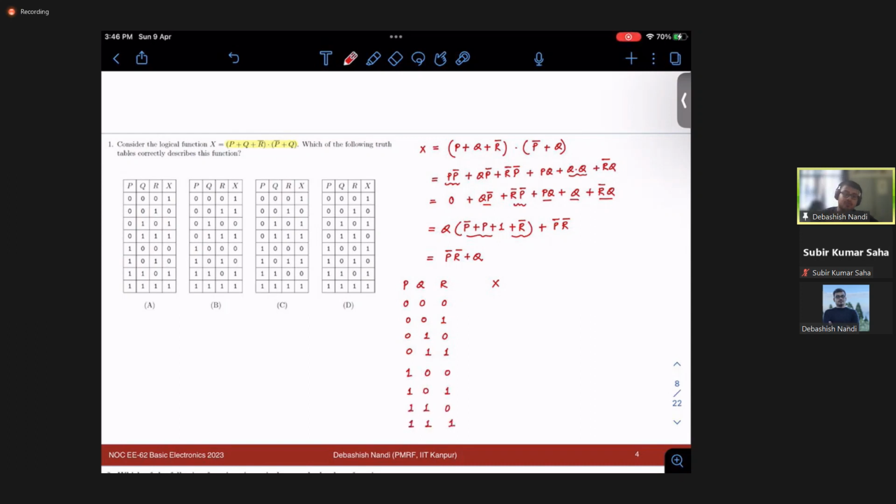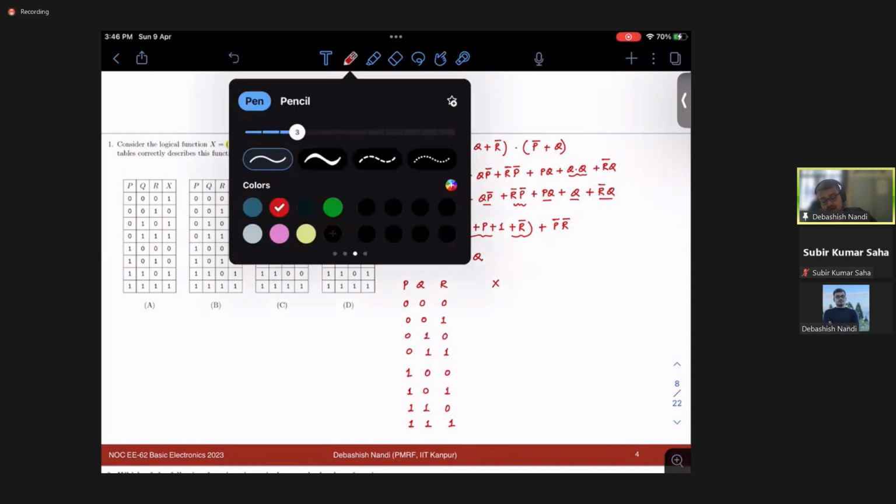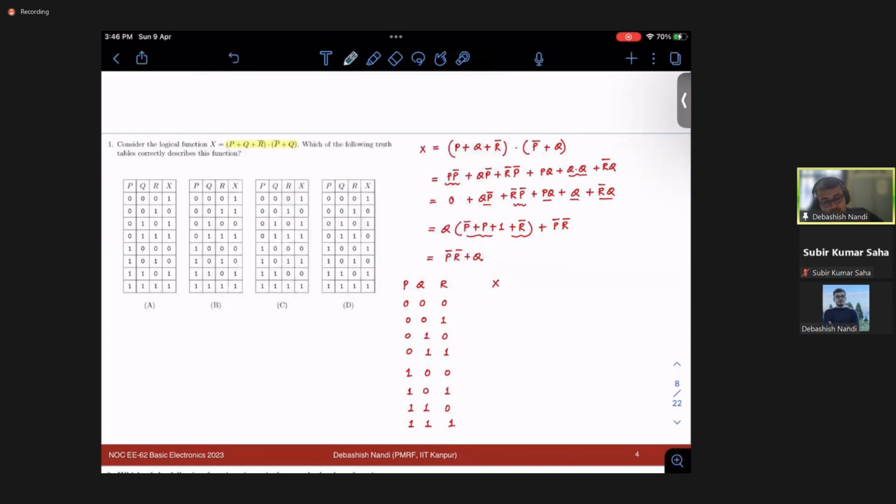I am assuming that you are able to write any number of inputs in this kind of tabular form. This is nothing but your binary numbers, 0, 1, 2, 3, 4, 5, 6, 7. 8 combinations out of 3 inputs because it is 2 to the power 3. Similarly, if you have any n inputs, you will have 0 to 2 to the power n minus 1